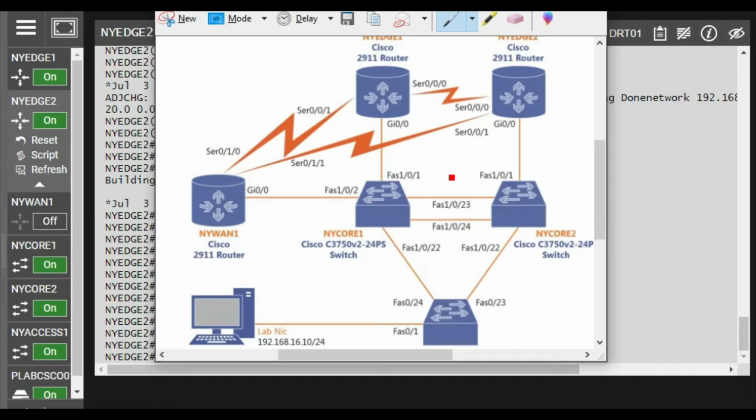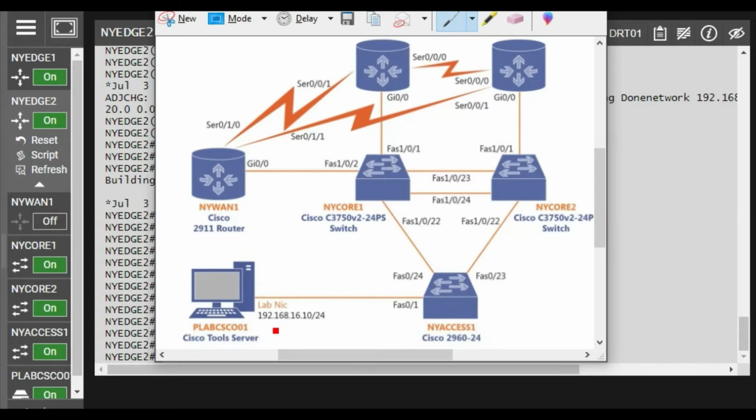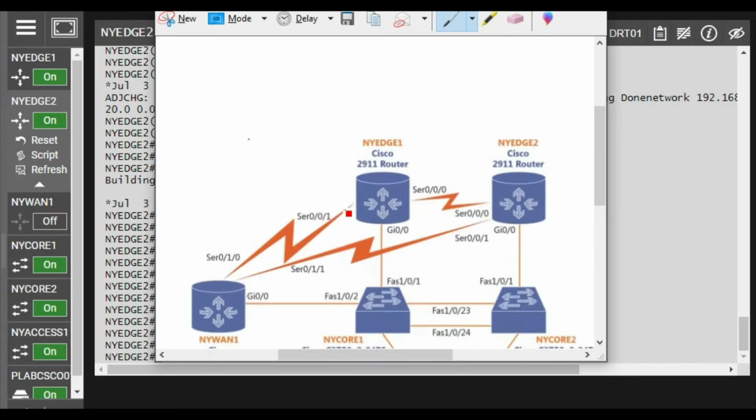Going further, let us check the IP address configured on this server. The IP address on this server is 192.168.16.10, and the network is 16.0, so the IP address for this interface is 16.1.